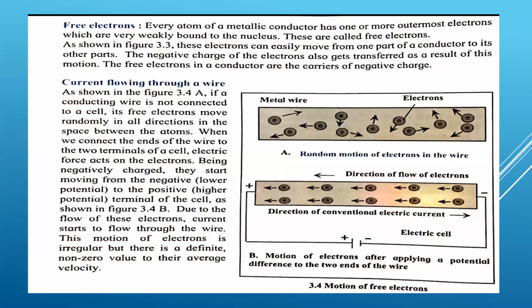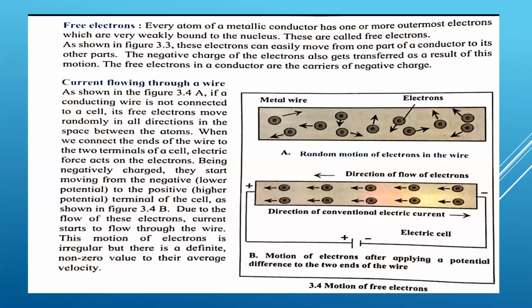So children, this is about free electrons. Once again, I'm telling you that in any metallic conductor, any wire, you will get many electrons inside, and these electrons are free to move. They move in any direction. As you can see in your diagram, the electrons are moving up, down, right, left, anywhere, because it is not connected with the electric board with the potential difference.